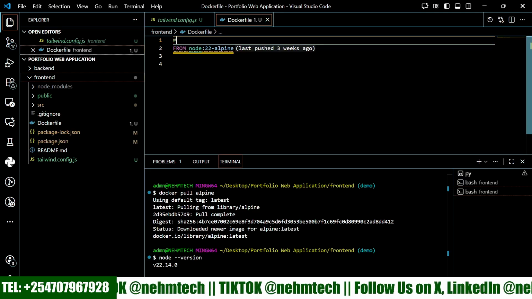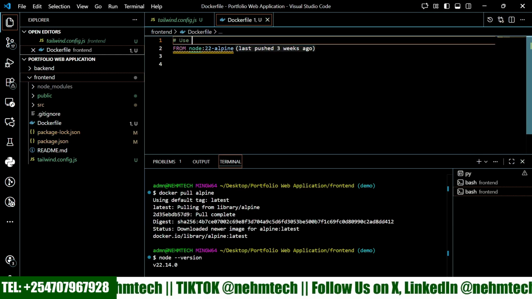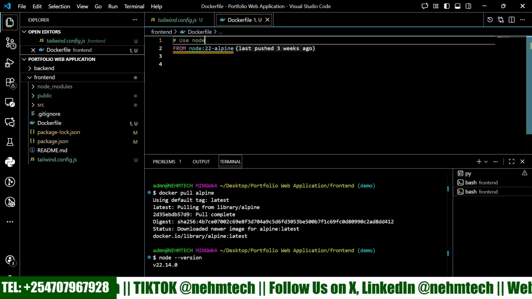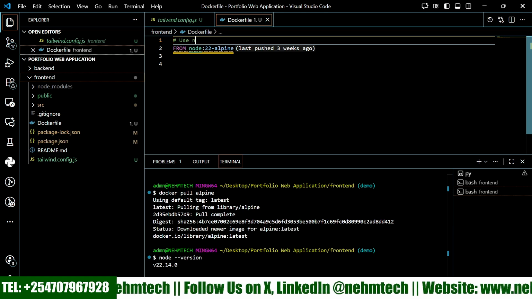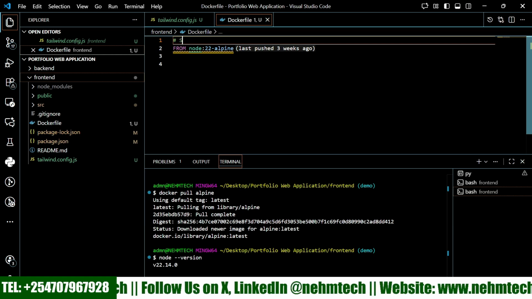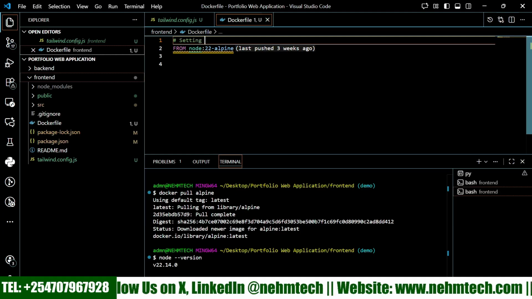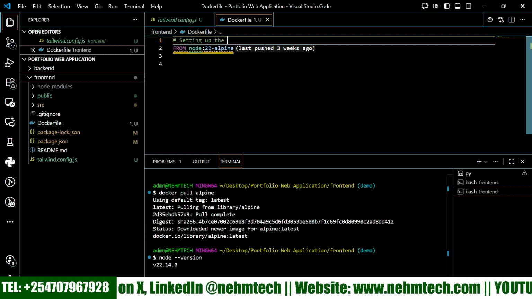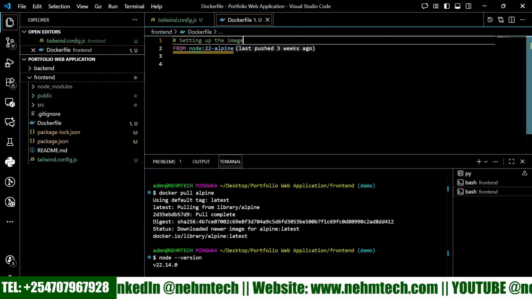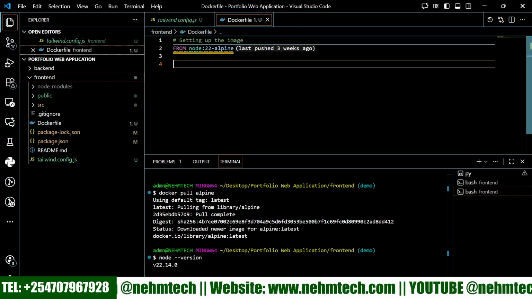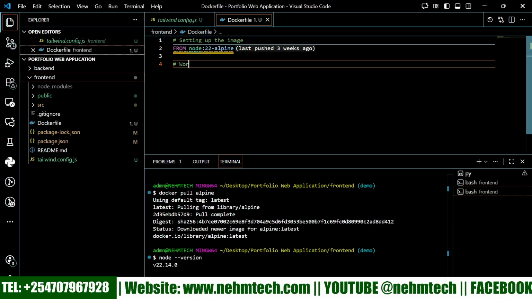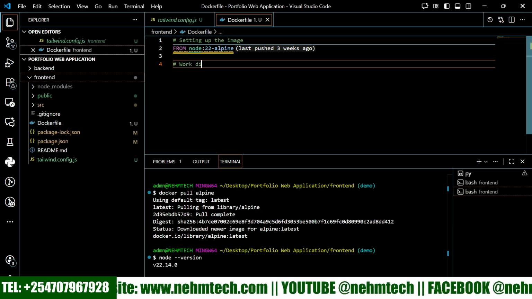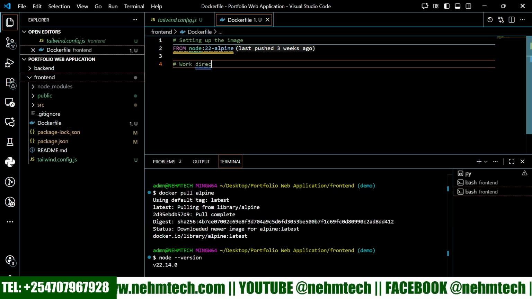So here maybe I can say setting up the image or something like that. And then in a new line here, I can write a comment, for example, this is a work directory. Directory is like a folder, like a work folder,